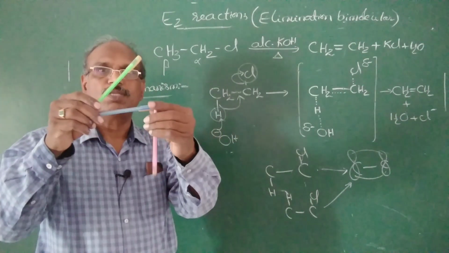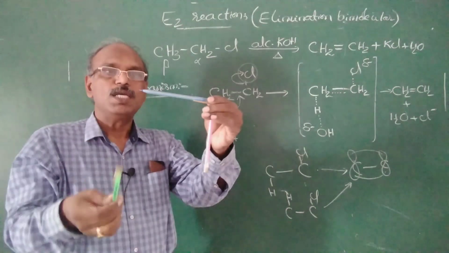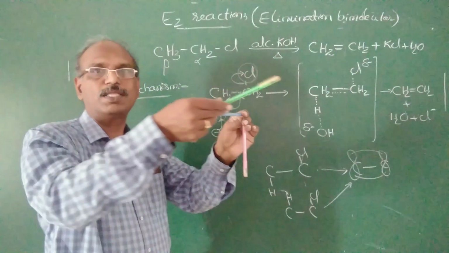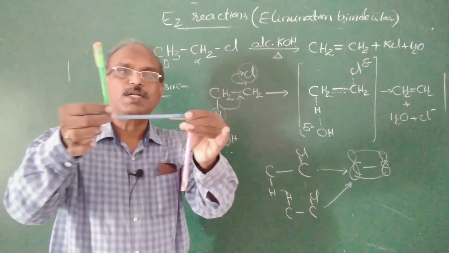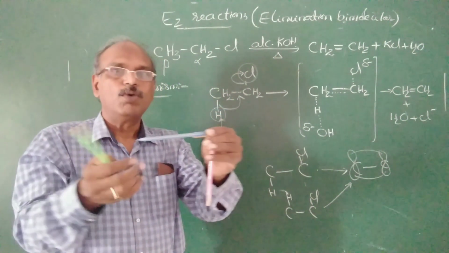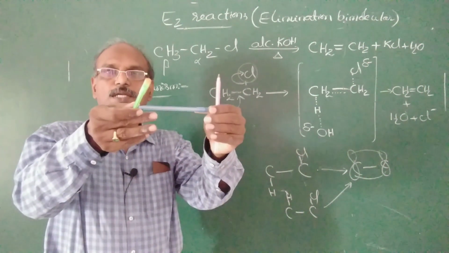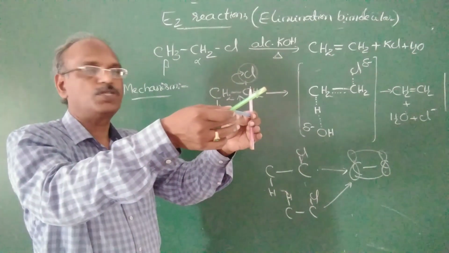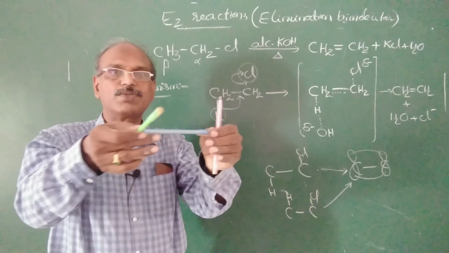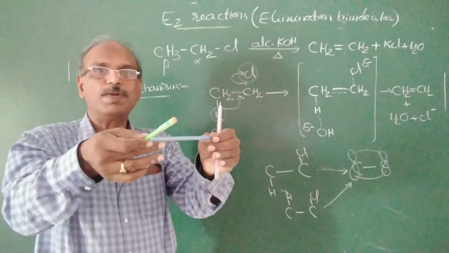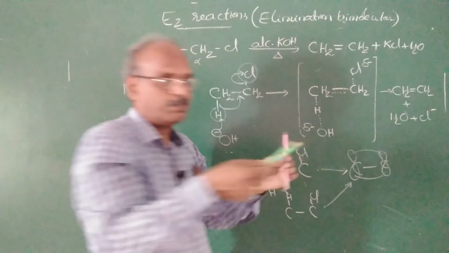Say this is the halogen, these are the carbon atoms, this is the hydrogen. If hydrogen is projected in this direction, in a different plane, then what about the new orbital? One orbital is projected in this direction, another orbital is projected in this direction, so they are not parallel. Not parallel means, what about sideways overlapping? Not possible. Formation of a pi bond is not possible.